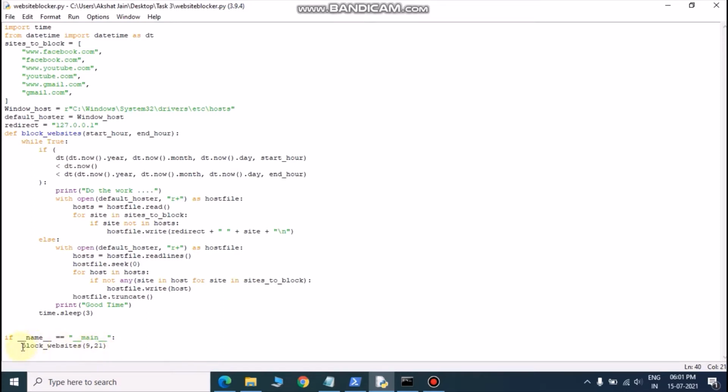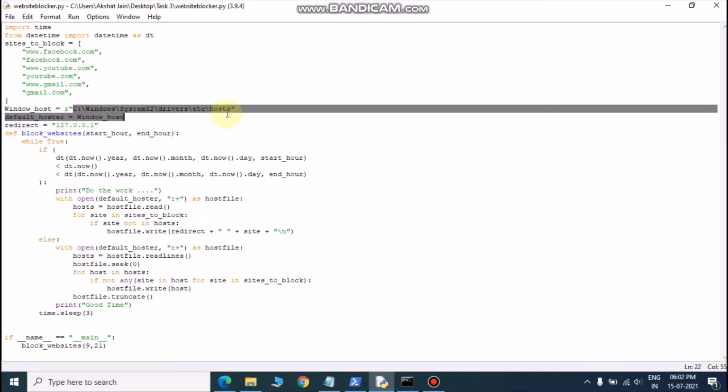So as soon as I run this software, the block website function will run, and block website contains an infinite loop in which we have given an if condition. So if our if condition gets true, then basically it will open the host file. The host file is present at this location.